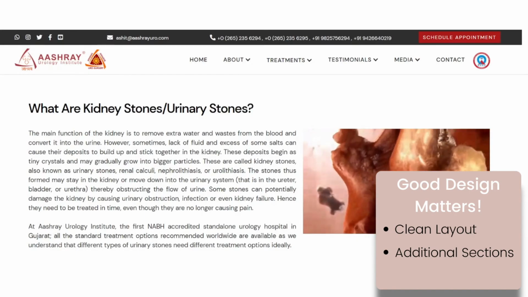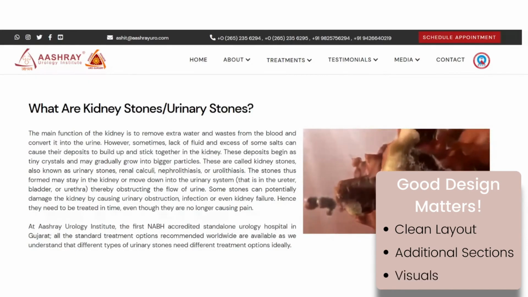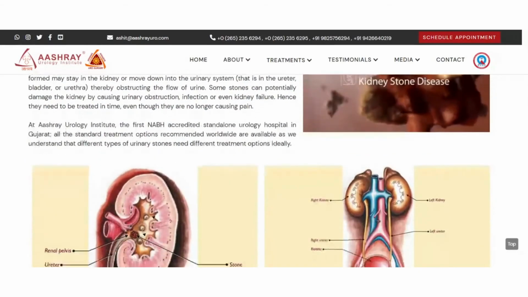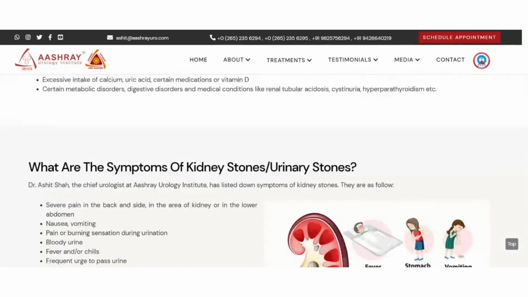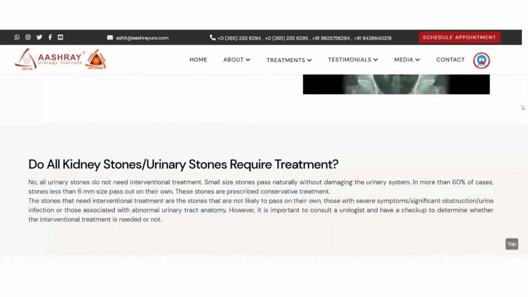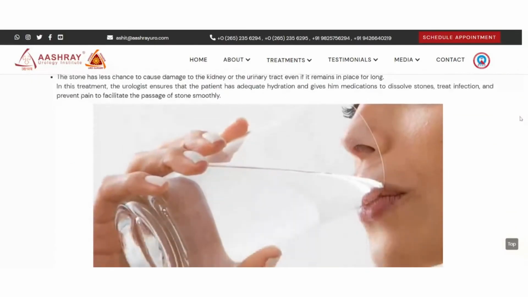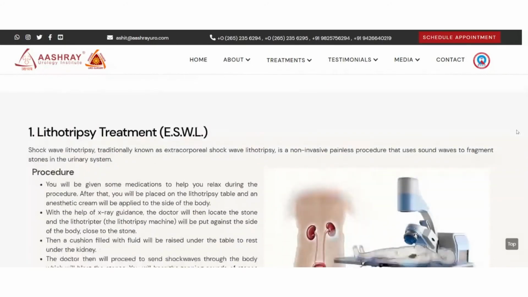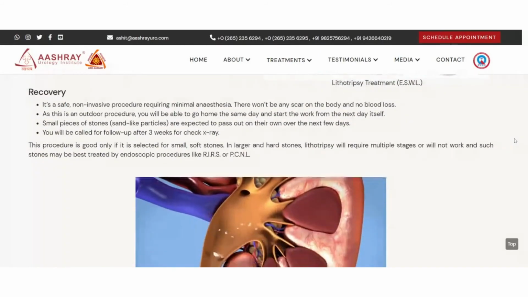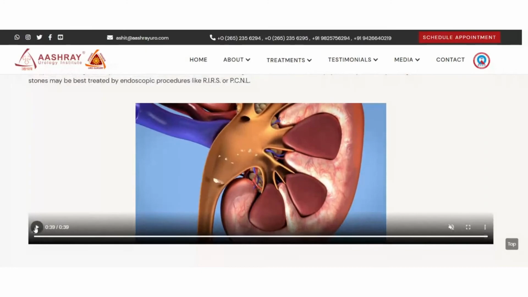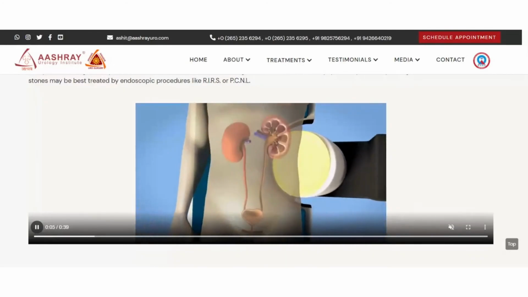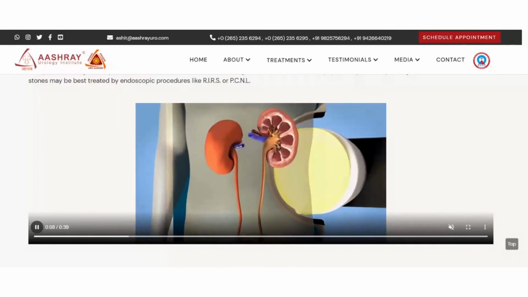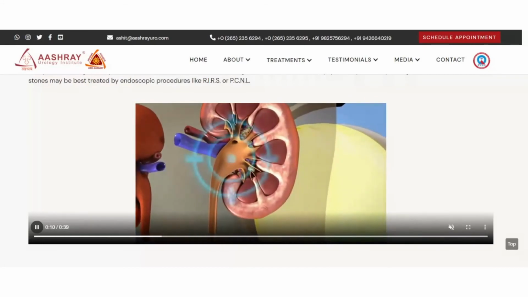Last point to keep in mind is the visuals. Visuals are a vital component of your service page. Adding visual elements like colorful pictures, informative slides, animated short videos will make content more engaging and help you keep your readers on the page for a longer period of time. Not everybody is a keen reader and wants to go through lengthy textual pages. So for such people, visuals, for example, as you can see on this page, prove to be very useful and keep them on the page for longer period of time as well. So visual elements bring more traffic to your website pages as well as they increase engagement effectively.